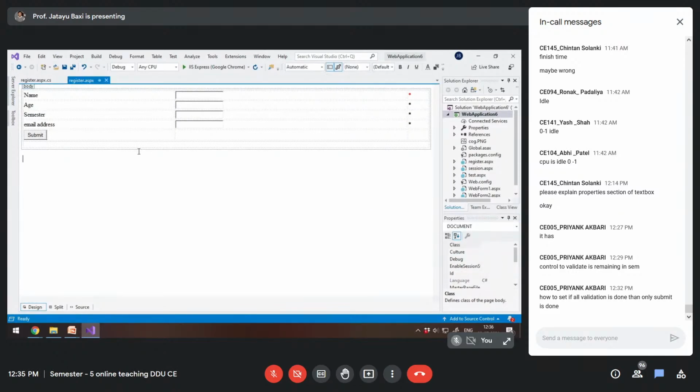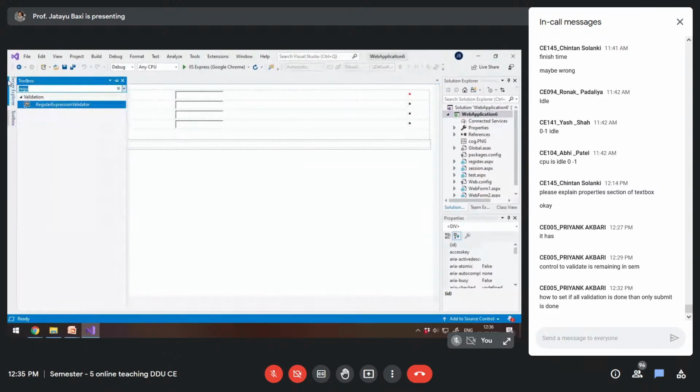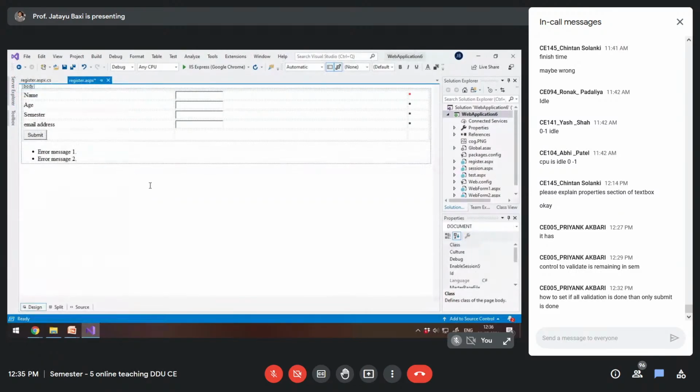Okay, and now here I will drag and drop the validation summary control, right? The validation summary control.